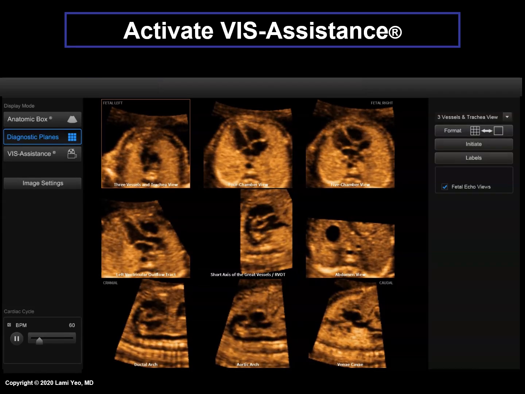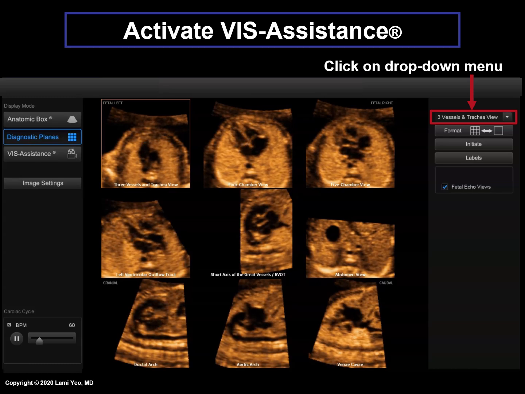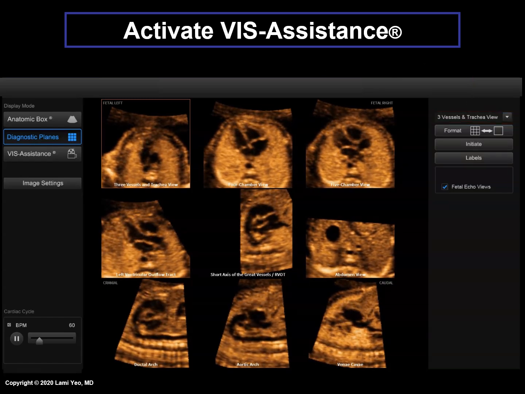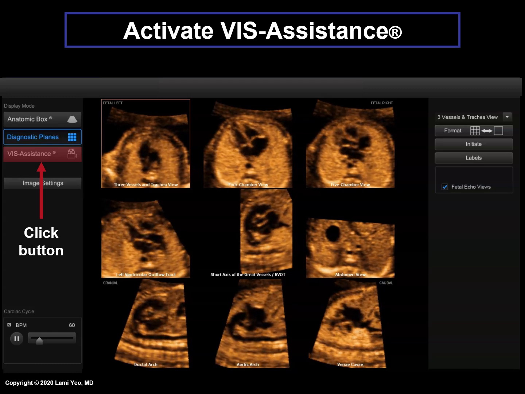An alternative method to activate VISA Assistance is to click on the drop-down menu located at the right side of the screen. Each of the 9 cardiac views is listed, and the user can choose any of the views by clicking on its name. Next, click the VISA Assistance button as shown.